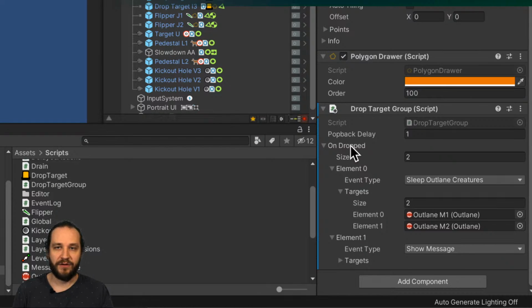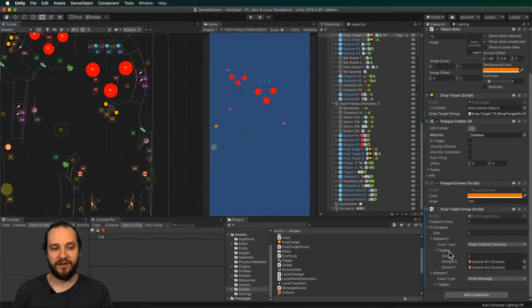So the thing is, if I create this class pinball event, or I created this class pinball event, any pinball event can be put into this list. So there's a list of 2 events here right now, but I really don't like the way this is going. And also there's targets, and this message doesn't have targets, but it should have a string there. So for each event type, I won't have specific things that it can show me there. So what I'm gonna do is, I think it's actually a pretty simple kind of editor, which means I'm just gonna make a custom property drawer. The custom property drawer being